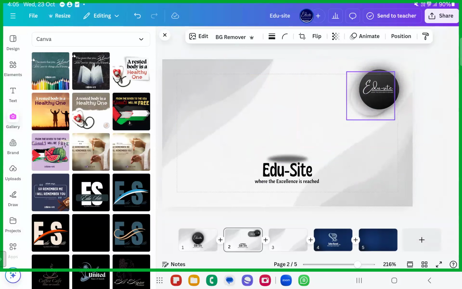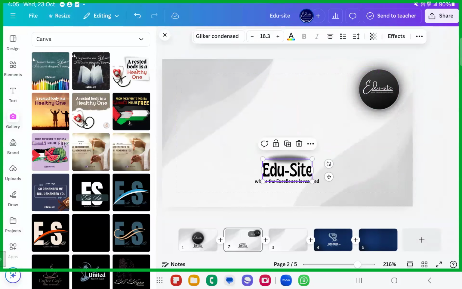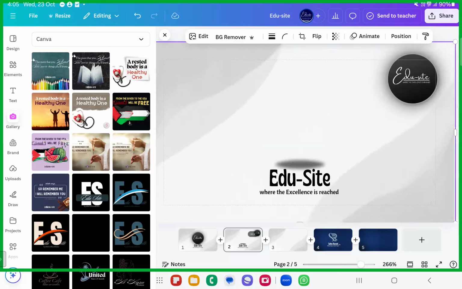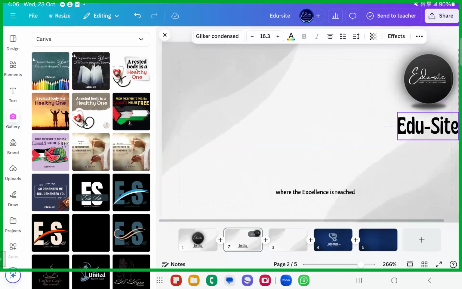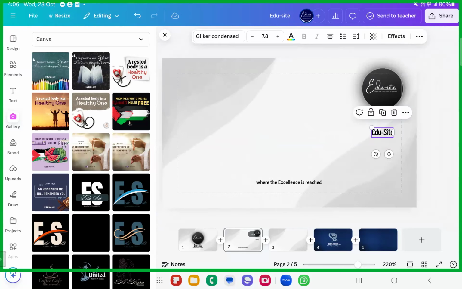Hopefully you remember doing these things together. Drop shadow, if you want, you can place it here. You can place it on the right or the left side, whichever side you want, because now the logo is not that important. What is important is you have to make sure that you are writing your contact details. So we can place it on the right or the left, whichever way you want.